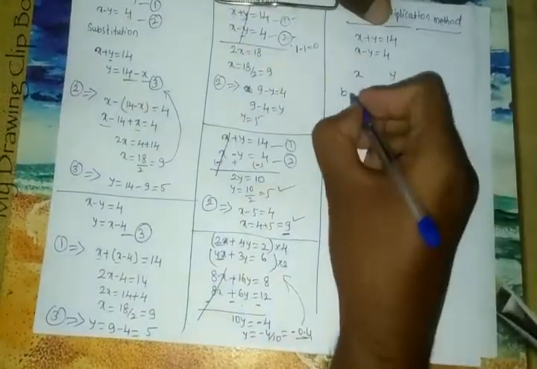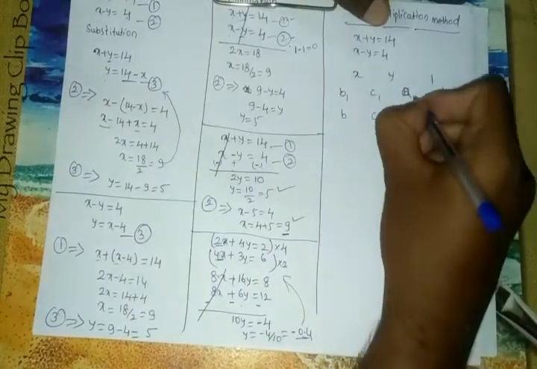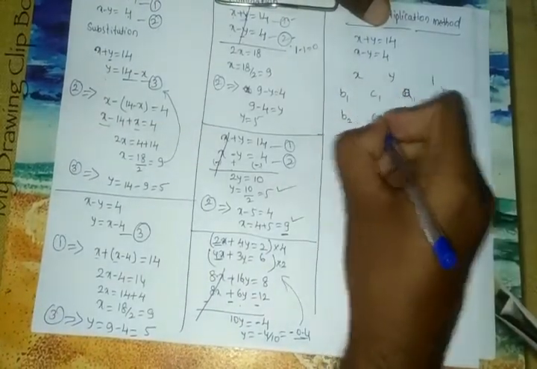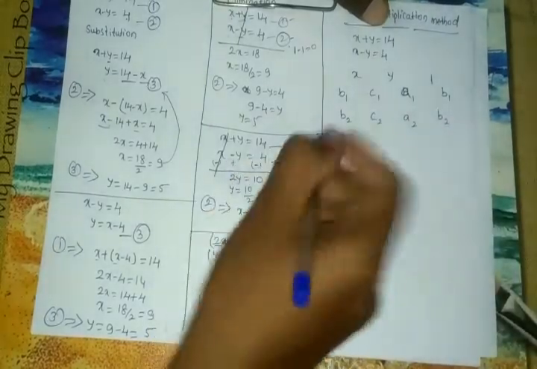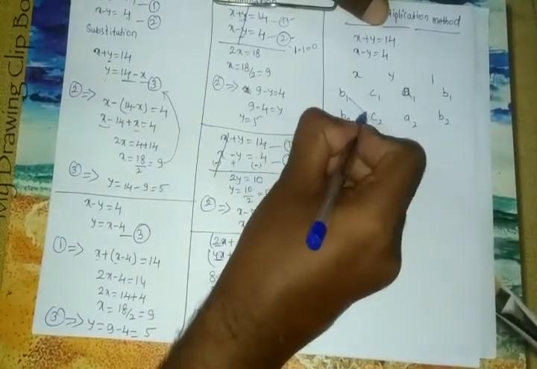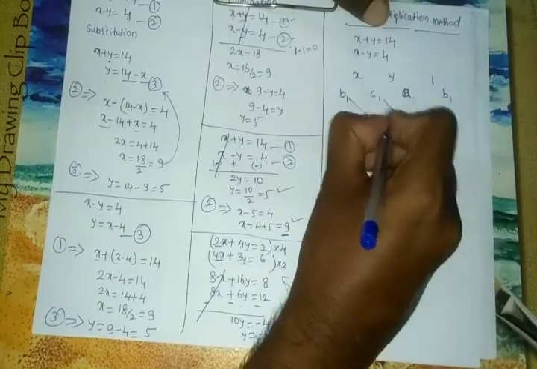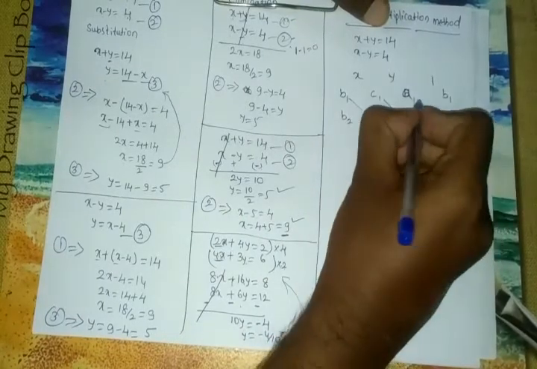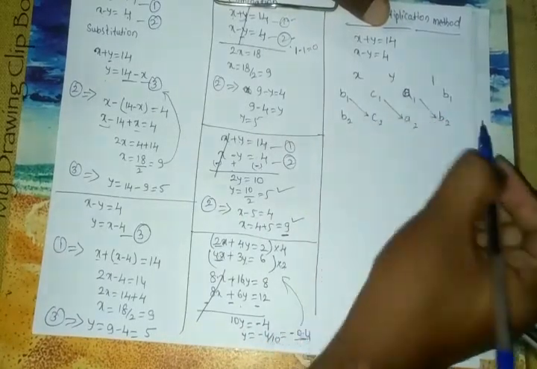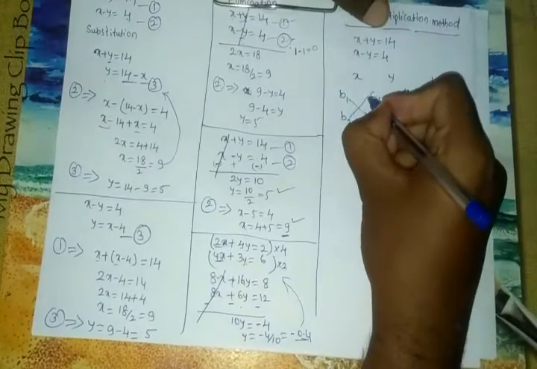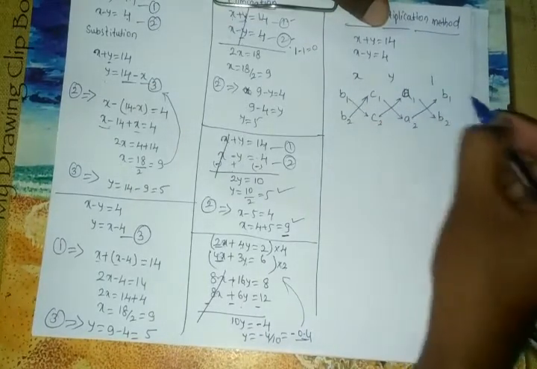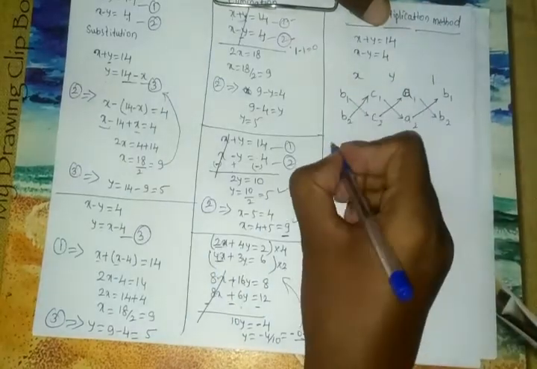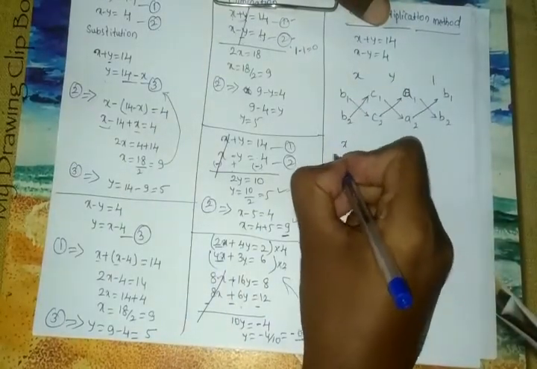Okay, now you write 1 1 1 1, and you write this as 2 2 2 2, and you just draw the arrows in this manner, all arrows to the downward, all arrows to the downward. Now all arrows to the upward, all arrows to the upward. Now write down x divided by